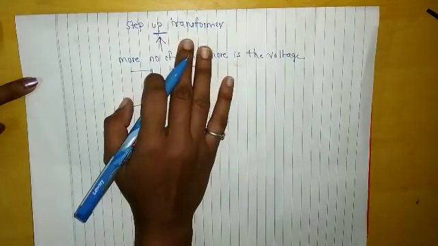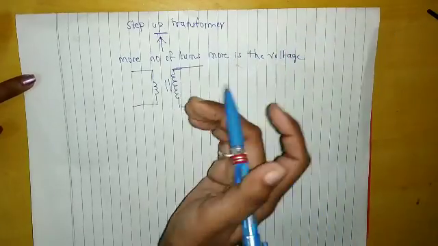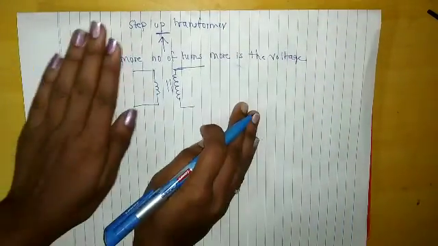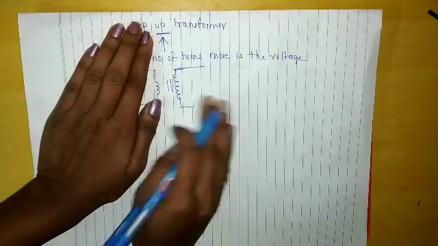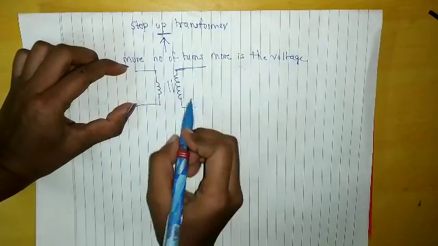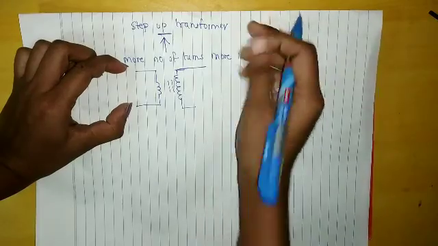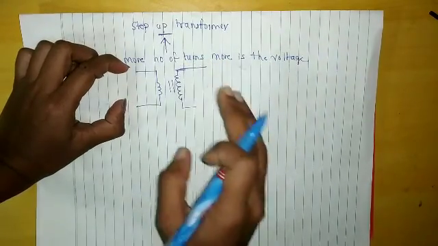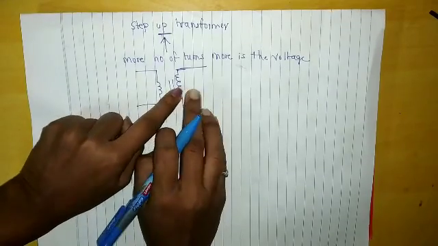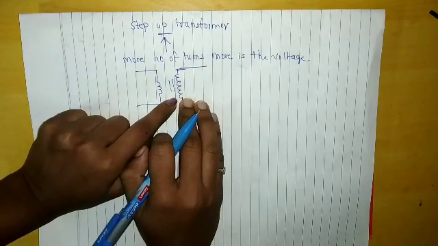So a step up transformer is used wherever we require to increase the voltage from the given voltage. Whatever voltage we give here will be low voltage as compared to the secondary voltage. Low voltage is given here, and due to the number of turns, this voltage level will increase. More the number of turns, more is the voltage. So N2, the number of turns, is more, right? Whenever we require more voltage, the number of turns here will be more.